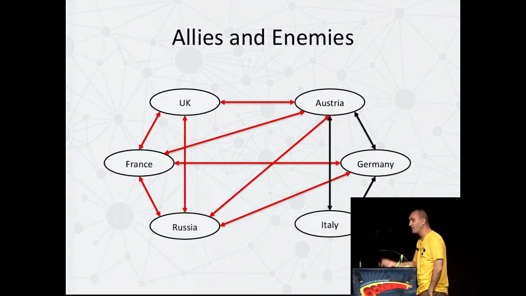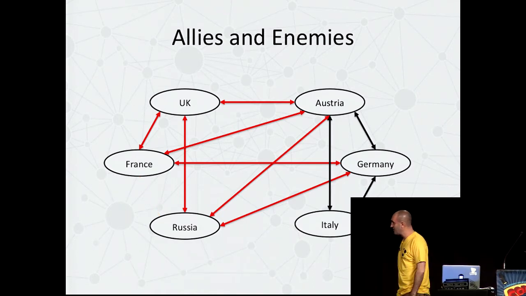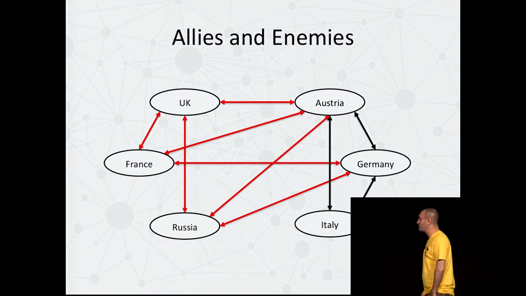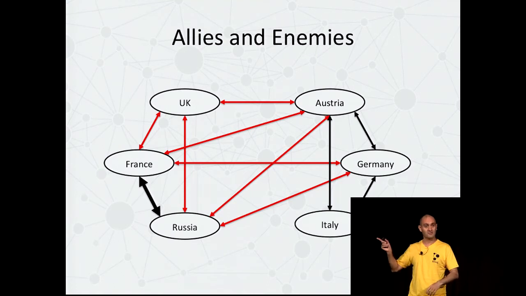Remember, graph theory knows nothing about these human-level politics. And then we fast forward still further on. Russia and France buddy up, which is too bad for the UK, right? And actually, it turns out it's too bad for you guys as well, because at this point, you are under the banner of the UK. You can see what's coming. I mean, I talked about sausage machines earlier. You are about to be poured into a sausage machine at the Somme, at Gallipoli, and so on.